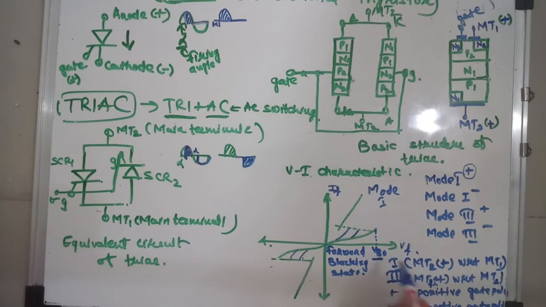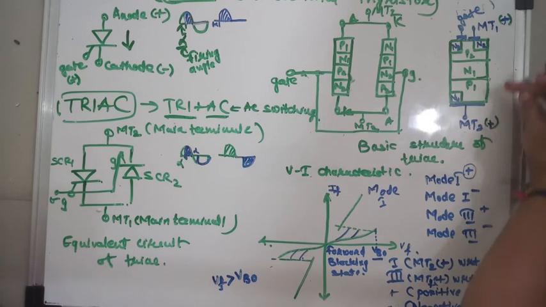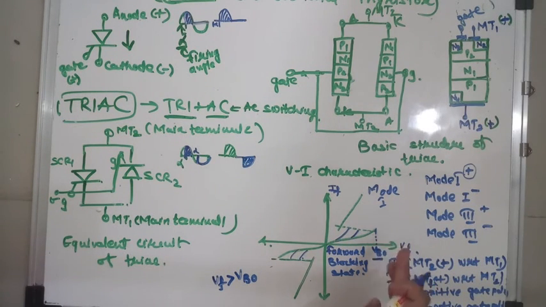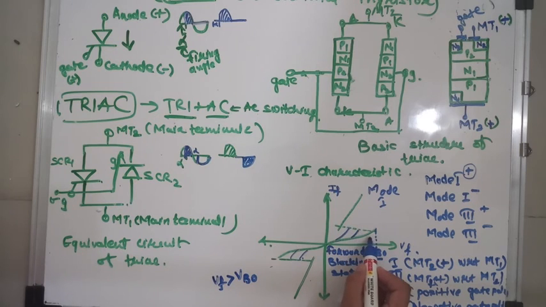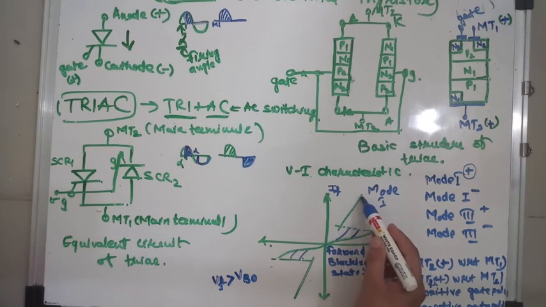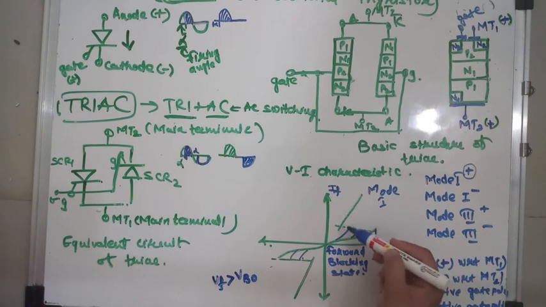Now what is VBO? VBO is the breakover voltage. And what is the breakover voltage? When your applied forward voltage is greater than the breakover voltage, the reverse biased junction breaks down, your device starts to conduct, and current starts to flow from MT2 to MT1. So suddenly there is a transition from off state to on state. This dotted line is the transition, the switch over from the off state to the on state, and your device starts to conduct, current rises rapidly and the voltage across the device drops rapidly. So it is the on state.